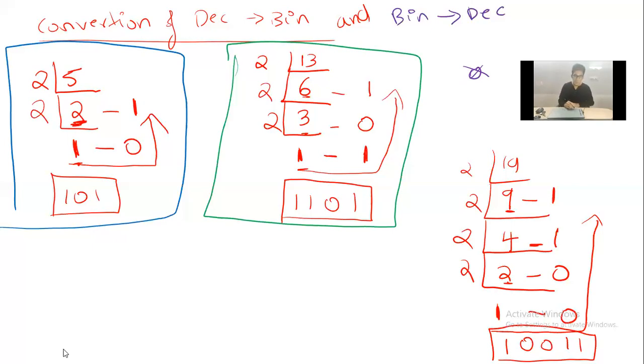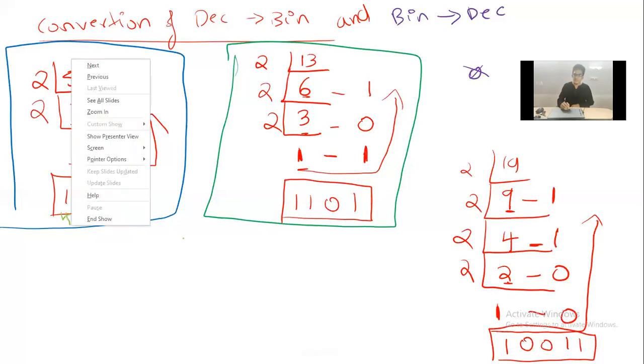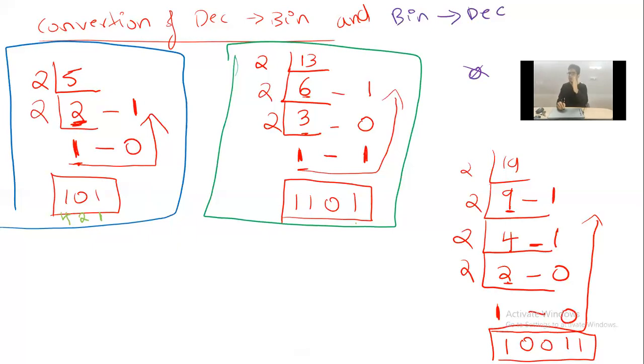Watch here, I'll be taking a different ink. You have to take the smallest number, that is 1, and keep on doubling it. What's double of 1? 2. Double of 2? 4. Yes. Everywhere I want to do the same thing, so that at once you will understand the procedure to convert from binary to decimal. The smallest number has to start not from the left side, but from the right side. So I'll write the smallest number, 1. I'll double it, 2. Double it, 4. 4 into 2 is 8.